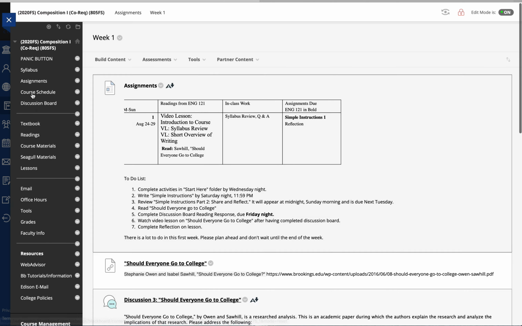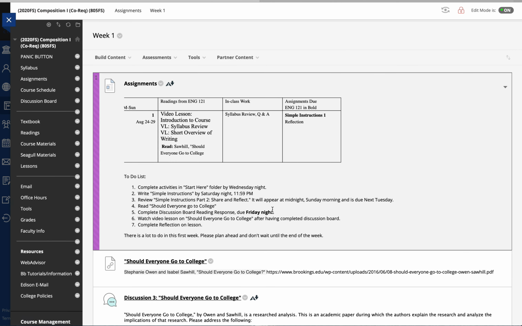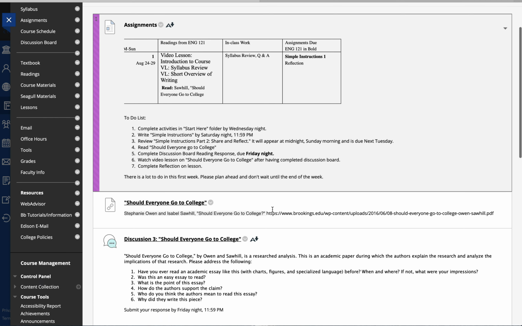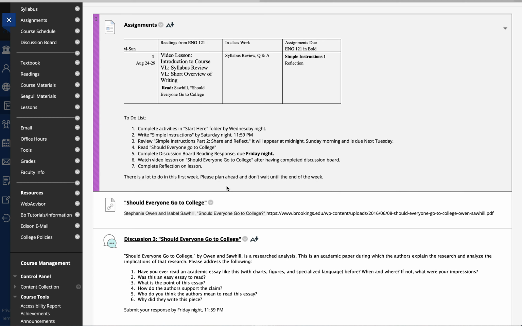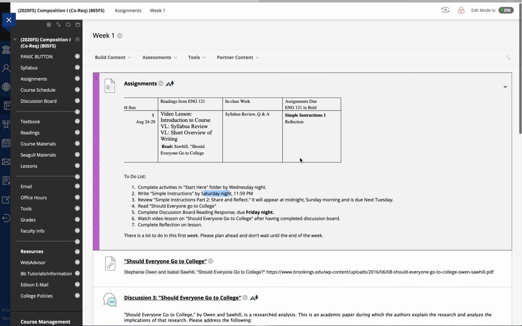You don't have to go over to the tools or anything like that. I'm trying to make it as simple and easy as possible to navigate, so I hope you'll find it that way. If not, please let me know and I can work on adjusting things. Like I said, everything takes you to a link. I also have the dates that things are due for this week: Wednesday night, Friday night, and Saturday night. The main due dates are going to be Wednesday, Friday, and Saturday. That gives you the entire week to work on things.